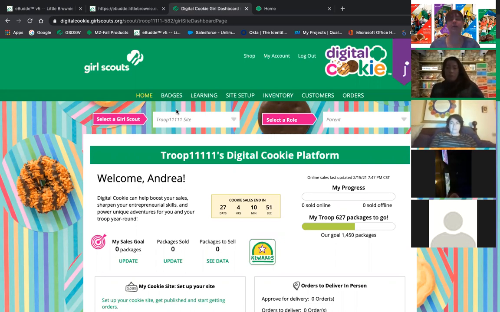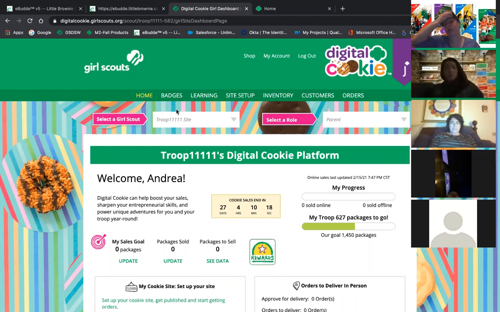Yes, but keep in mind that it should all be girl led. So make sure your girls are participating in those posts. And Nextdoor is approved because, my understanding, it is restricted to neighbors within a certain area, which is why it's allowed. You can also post on more public type sites, but please keep in mind, do not include your Girl Scout's last name, phone number, or any identifiers like that. Keep it minimal